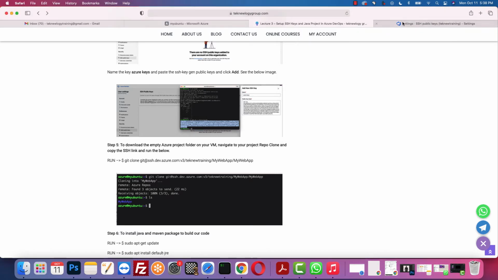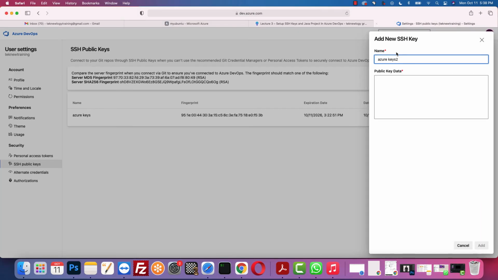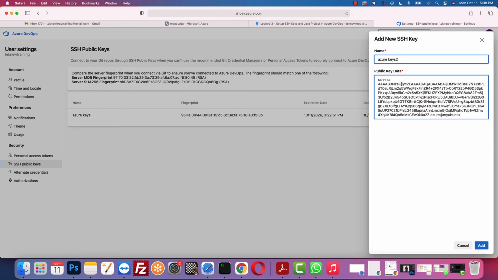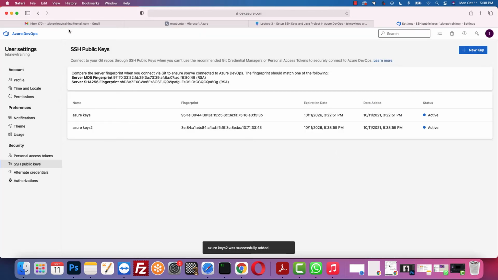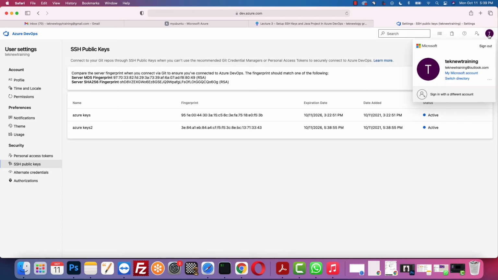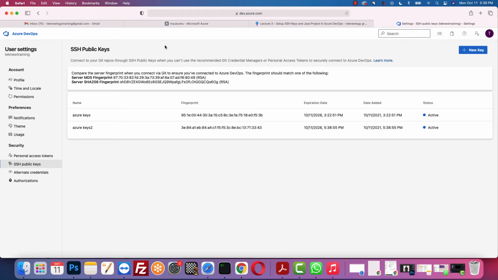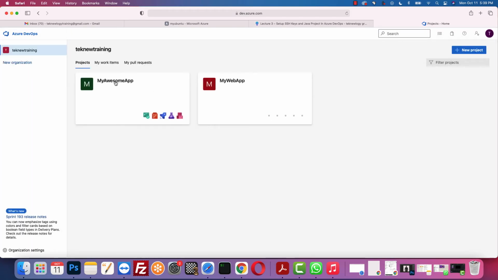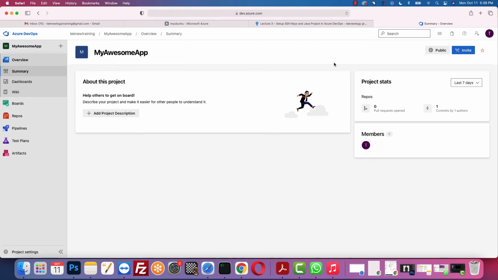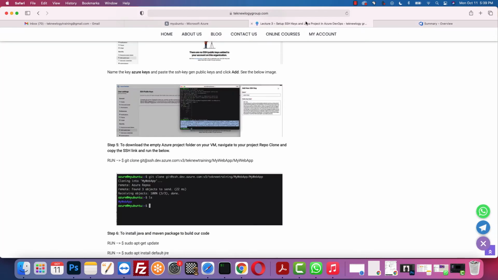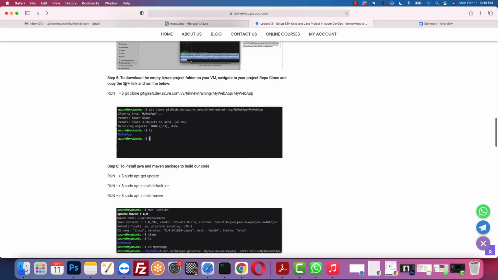Alright, so let's go back to this place and paste. This is the only way my virtual machine can be able to see my repo. Alright, so I'm gonna click on add. Alright, so let's go back to my awesome app. So the next thing I'm gonna do, let's go back to step 5, to download